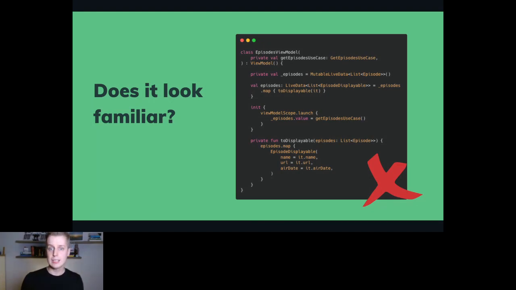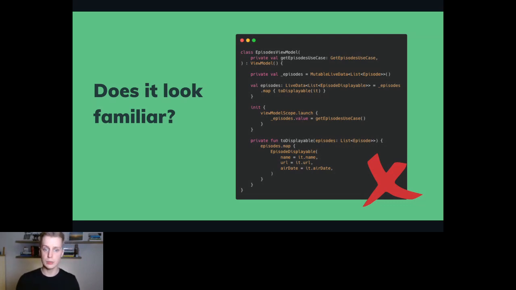So as you can see, it's a view model class with a single use case. When the use case is invoked, we get some data, and then we expose this data to the UI, and up to this point, everything is legit.